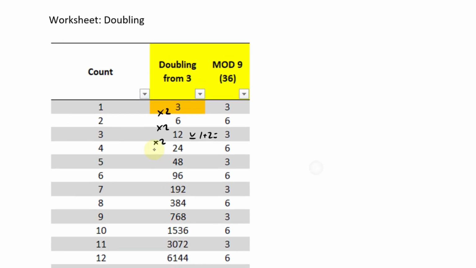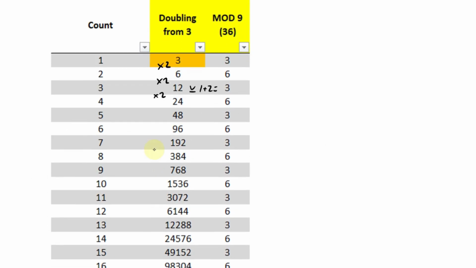Or you could just take the previous one, so multiply the previous 3 times 2 is 6. Or you can go 6 times, then once it's 6, you just use the previous one. So 6 times 2 is going to be 12, v equals 1 plus 2 equals 3. So non-stop. And then the 3 multiplied again is going to be